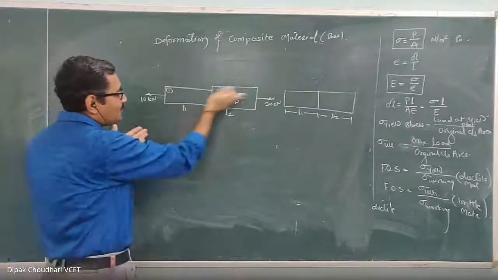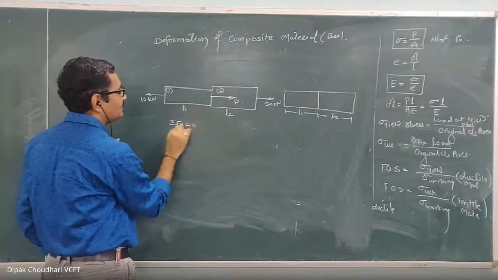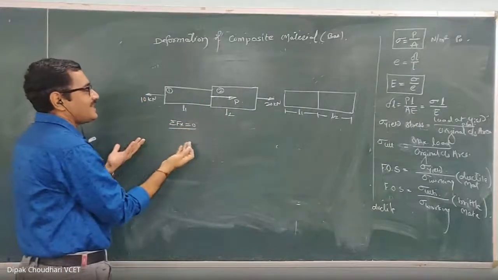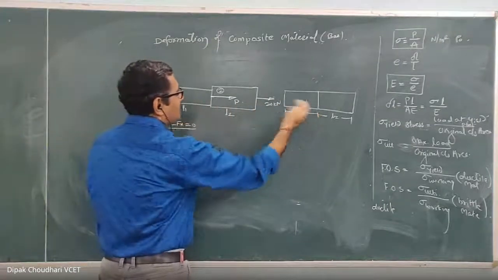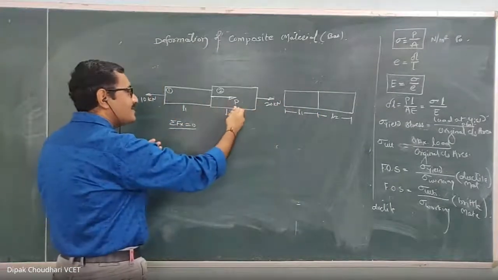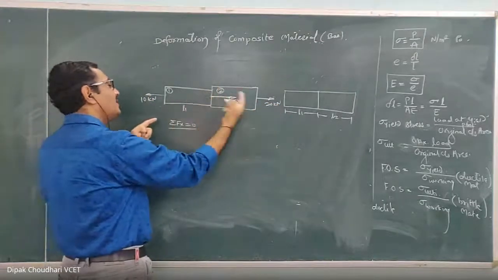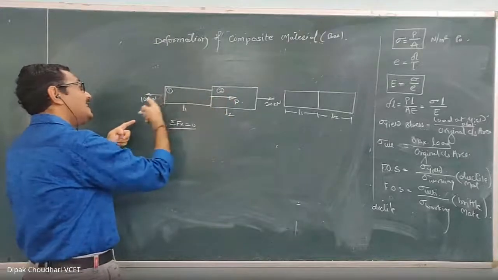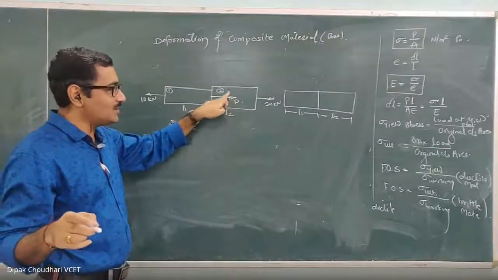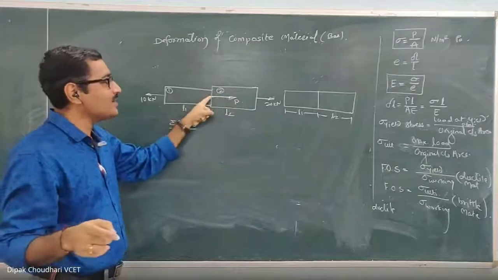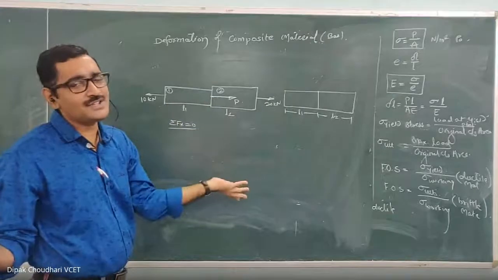All the forces are in the x direction, so you can consider summation of Fx equal to 0. Or just by observation, I can say that on the left-hand side there is only one 10 kilonewton force and on the right side the 20 kilonewton force is there. To balance these forces, at the intermediate point one force should be there which must be towards left and not towards right. The given force is towards right. This force which is shown is towards right, but for equilibrium it should be towards left. Just by observation we will come to know.